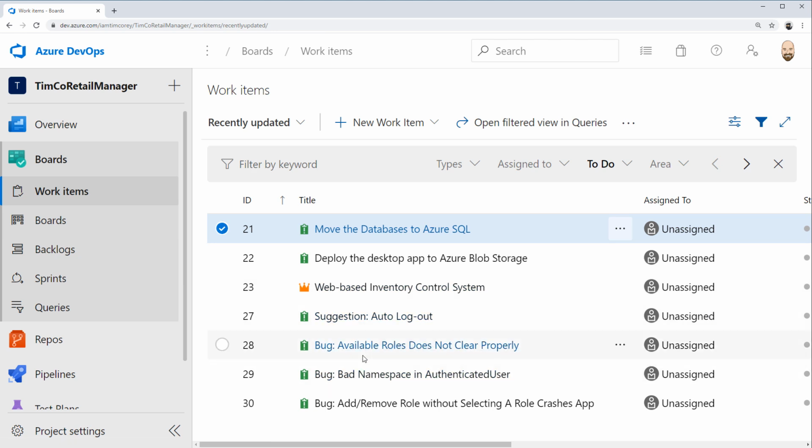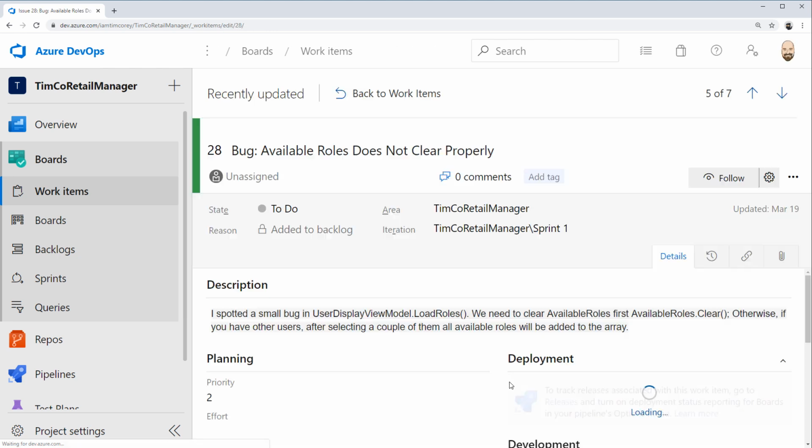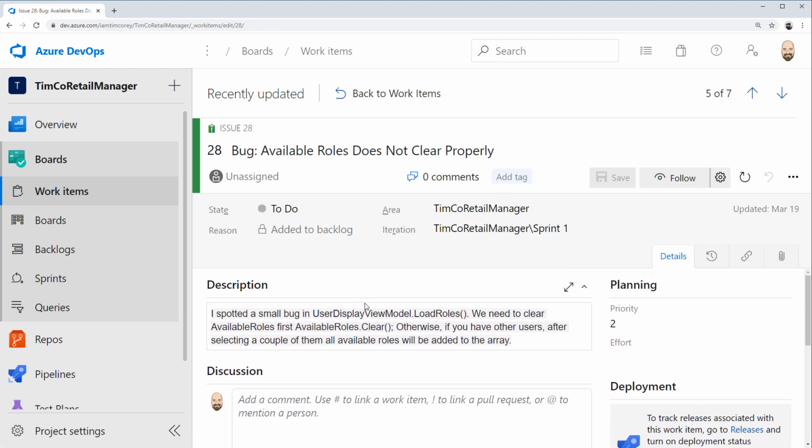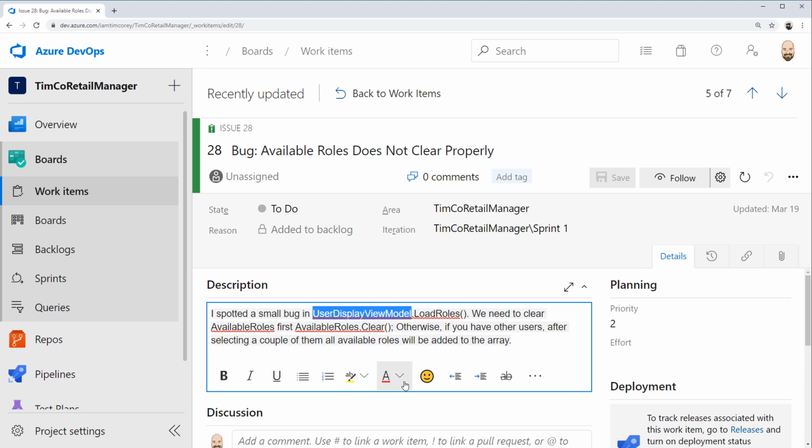All right, so available roles does not clear properly. I spot a small bug in the UserDisplayViewModel.LoadRoles. Very descriptive. So now I know exactly where to go. UserDisplayViewModel and the LoadRoles. We need to clear available roles first, AvailableRoles.Clear. Otherwise, if you have other users after selecting a couple of them, all available roles will be added